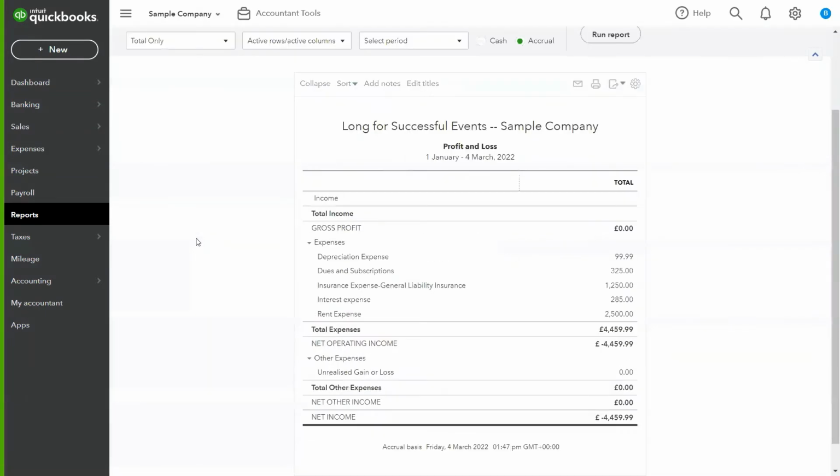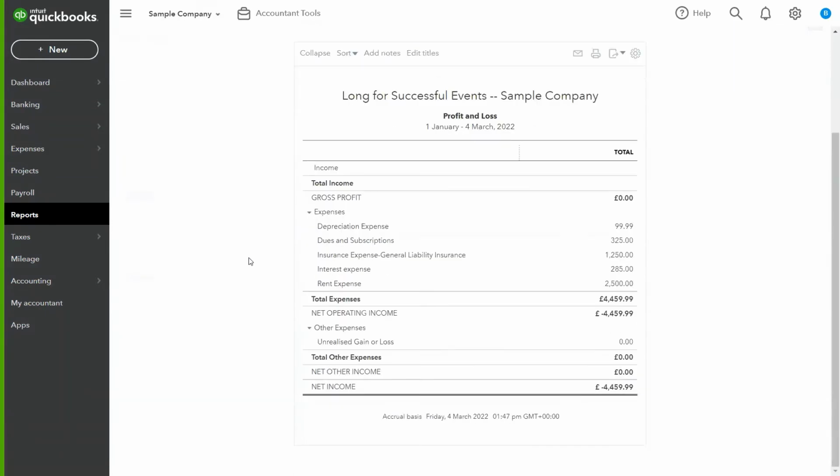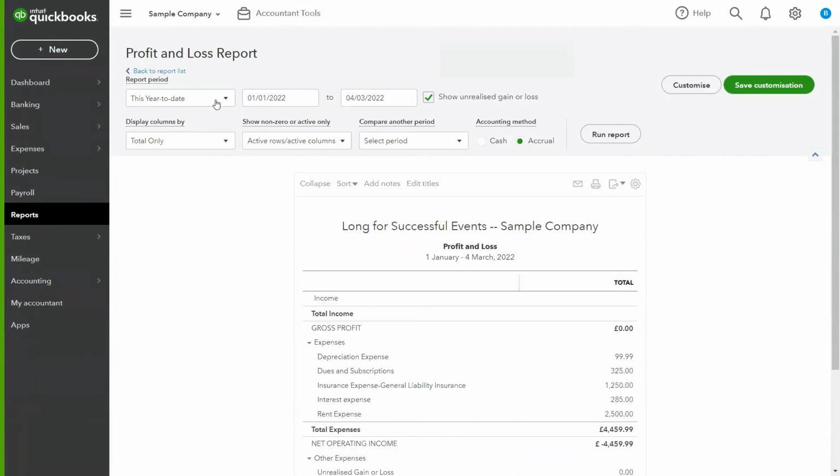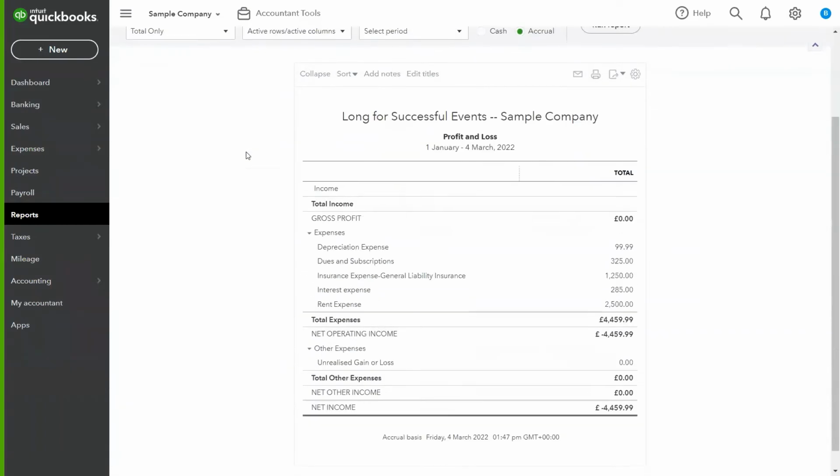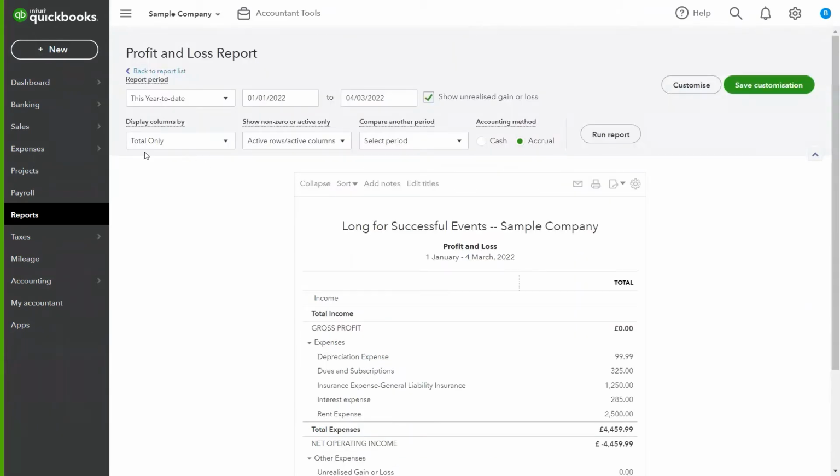So in QuickBooks, the screen at the top looks a little bit different. There's a little bit more going on. However, that's not a bad thing. We'll come into that in a minute. But as you can see, the report looks quite nice as well, as well as Xero. So in QuickBooks,